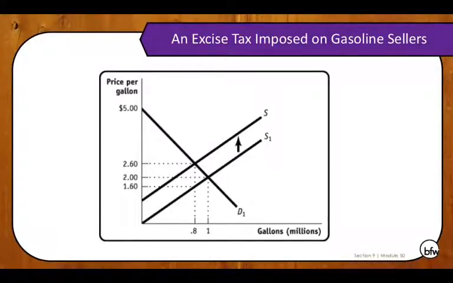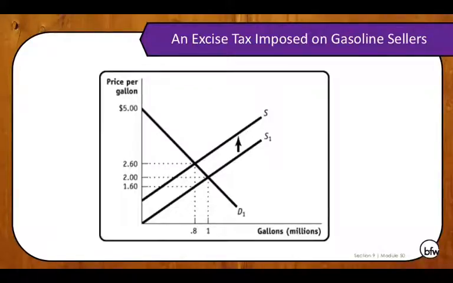Now, let's look at an example of an excise tax that is imposed on the sellers of gasoline. Politicians in Smog City decide to impose on gasoline sellers a $1 tax on every gallon of gasoline sold. For sellers, this means that to continue to sell 1 million gallons per day, they must receive $3 per gallon, because $1 must be sent to the government. In other words, the supply curve shifts upward by $1, the amount of the tax. After the tax,